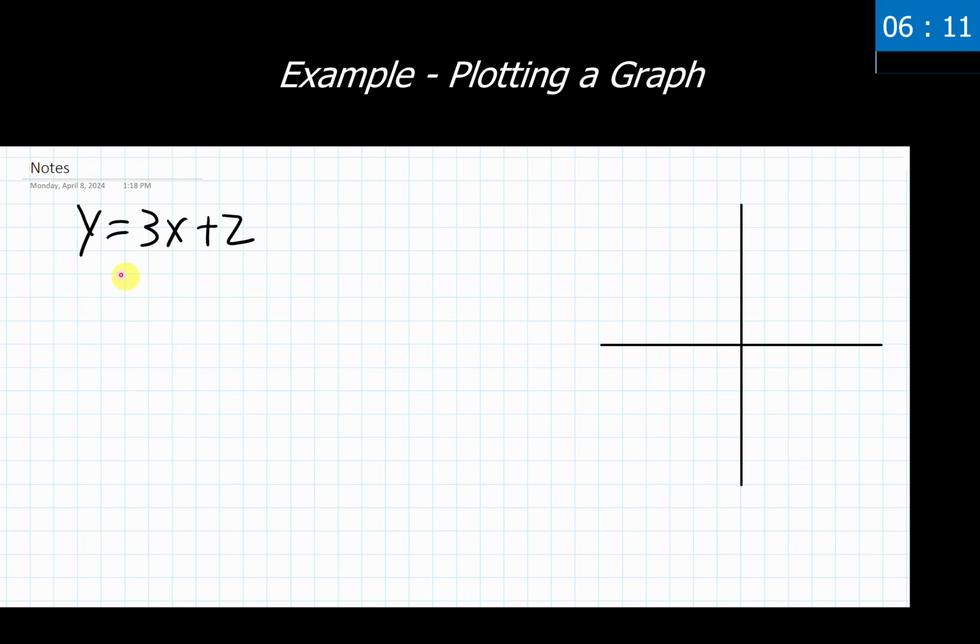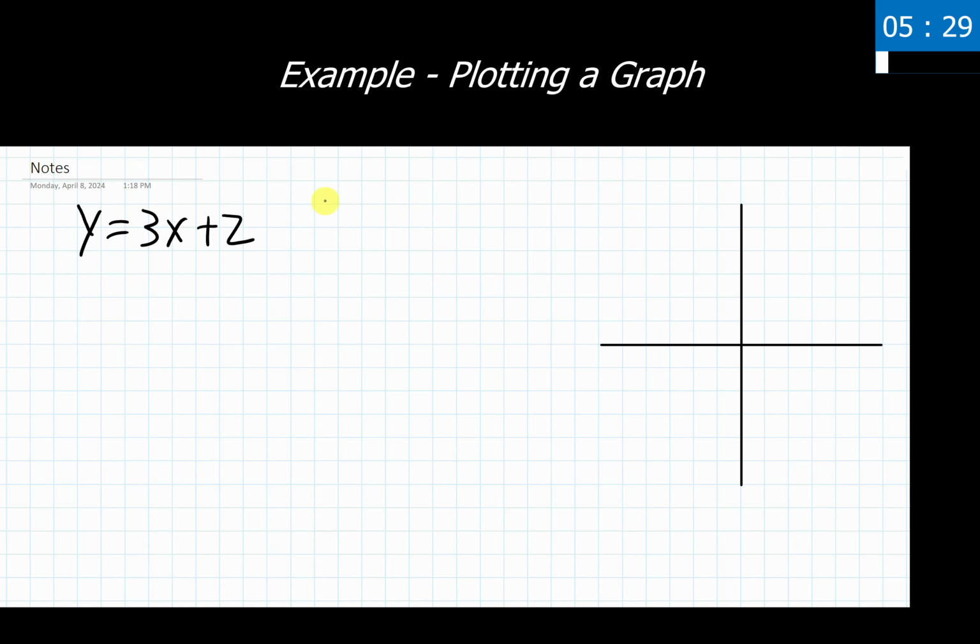So we were told to graph the equation y equals 3x plus 2. We need to first find at least 2 points to plot on this set of axes, and then we can actually create our graph from there. It's your choice if you'd like to do the entire setup of the axes first, or find the 2 points that we need, or more if we're asked for more, and then set up the axes. I'm going to go ahead and solve for the points. That might give me some insight as to if I need to scale anything by 1s or 2s or 5s or anything along those lines. But the order you'd like to do it in is entirely your choice.